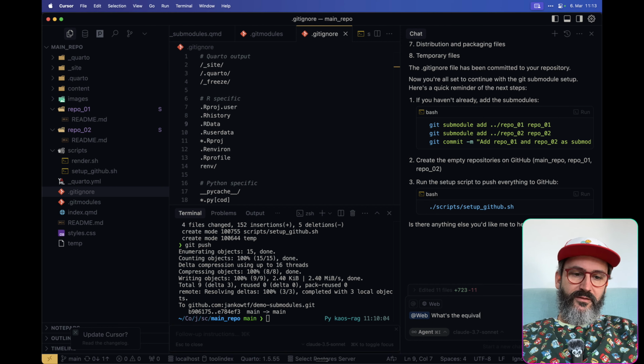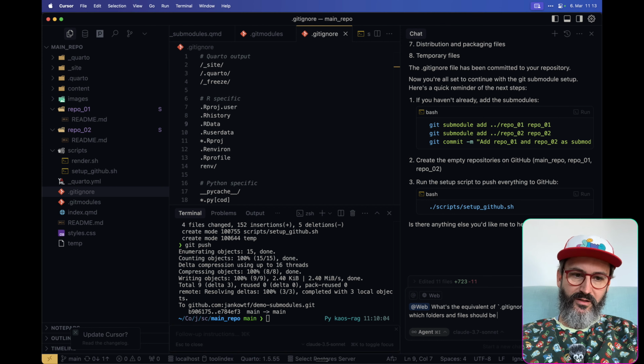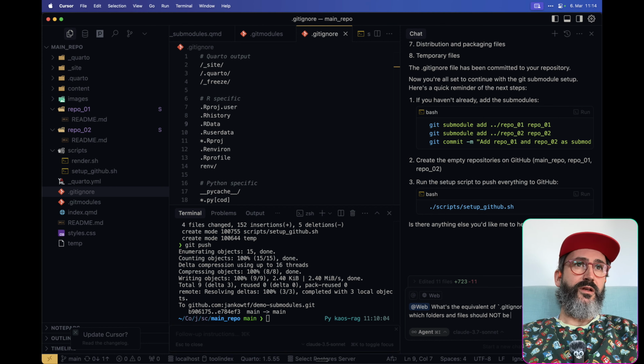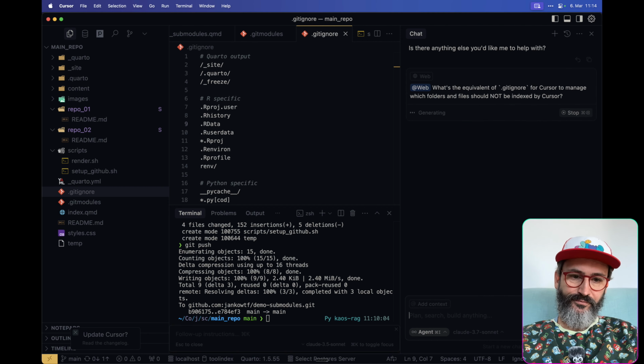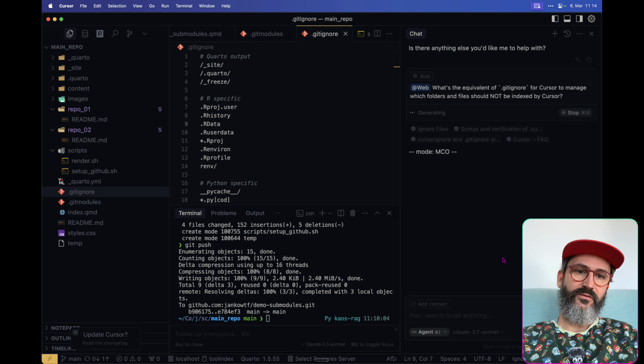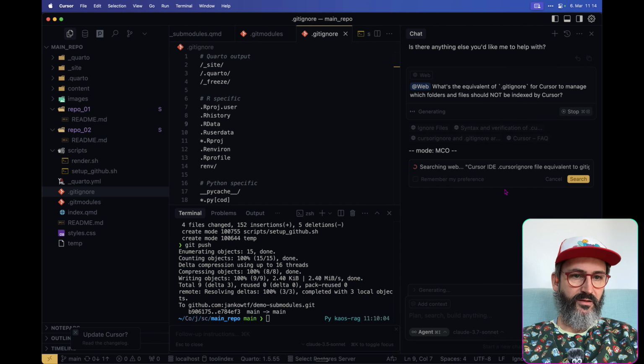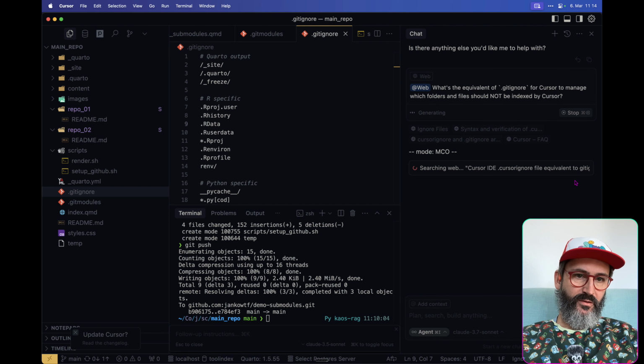Git ignore for Cursor, to... should not be indexed by Cursor. Just want to make sure we are on the most recent documentation for that, or modus operandi, or however you want to call that. So when doing a web search,